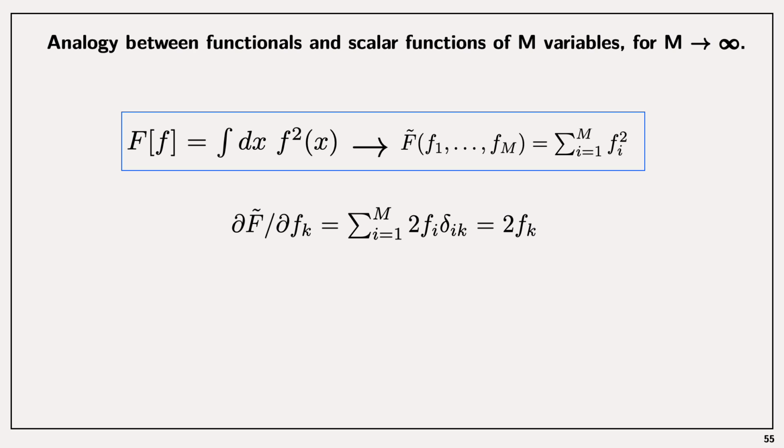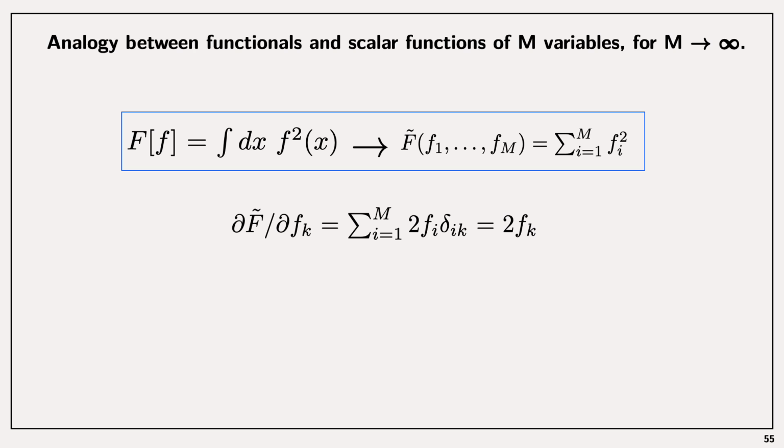For those who are confused here, the left-hand side of this equation is, of course, the gradient of f tilde, right? This is the notation of the gradient. And we can obtain each component of the gradient,